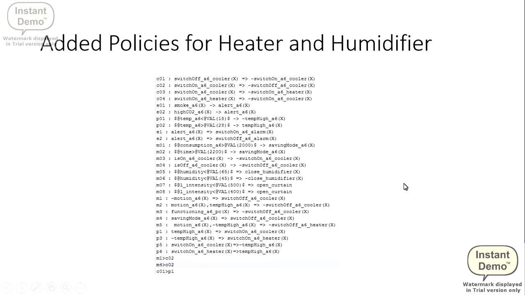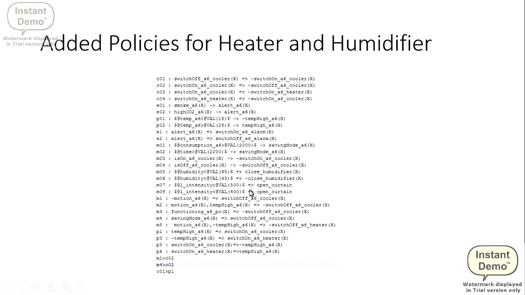And we said that when temperature is low, then the heater will be on. So there is a conflict. What is the conflict? If you think carefully, when the temperature is high, that is now at this moment, then the cooler will be on. When the cooler is on, it will reduce the temperature. So when it reduces the temperature, it will go below the threshold.